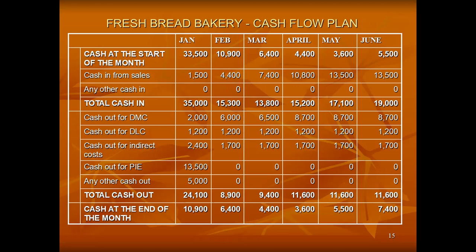Now we go to cash out. Now cash out is the next column you prepare. Cash out, and that DMC means direct material cost. So you have direct material cost there, DMC. Then you have